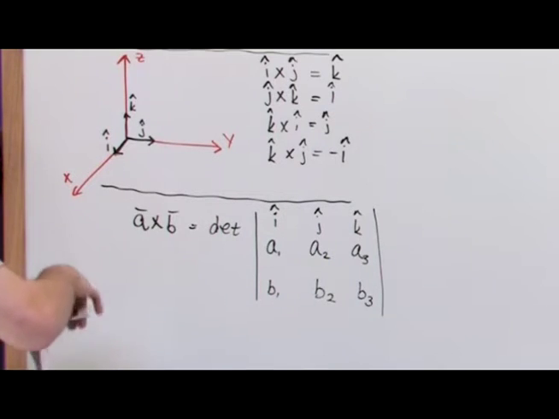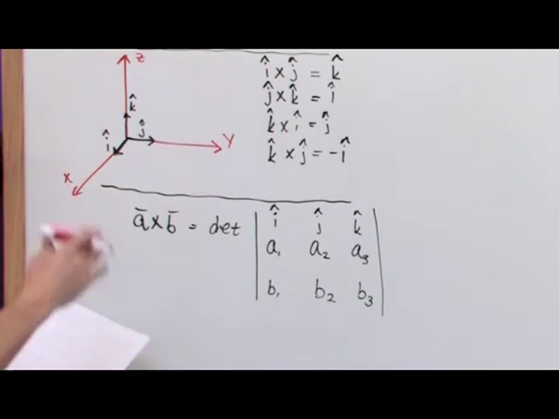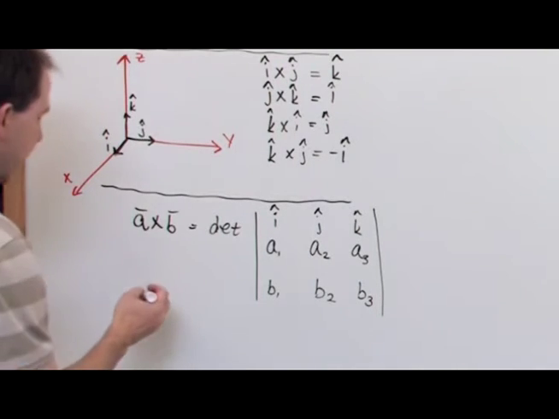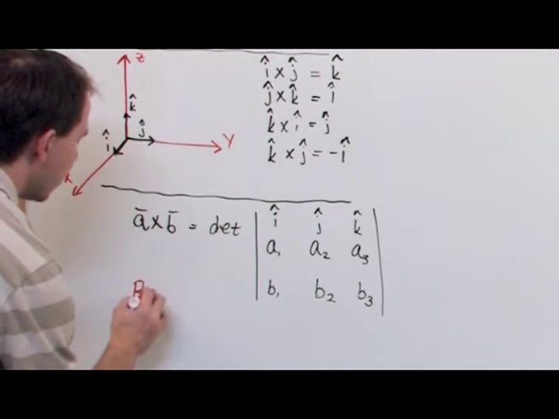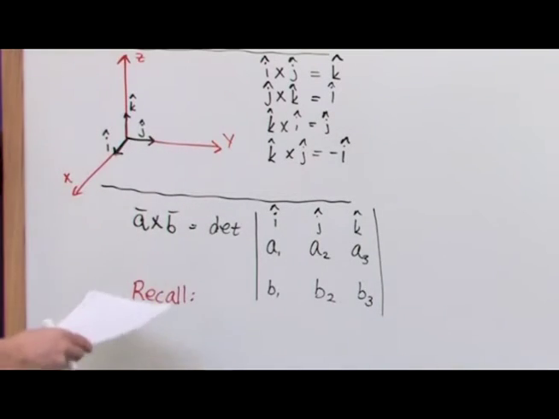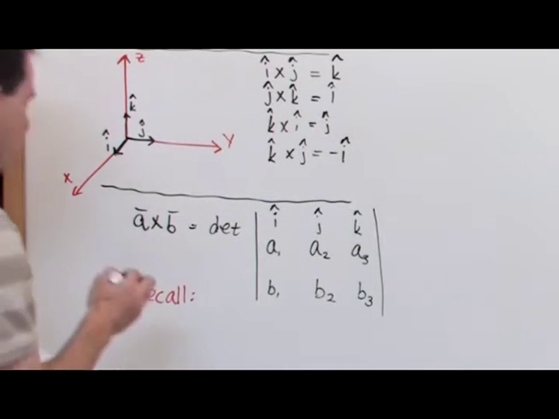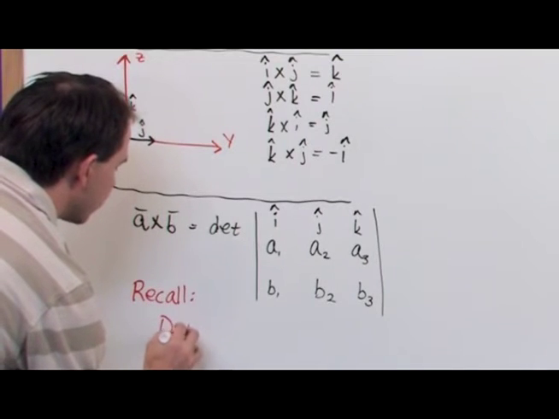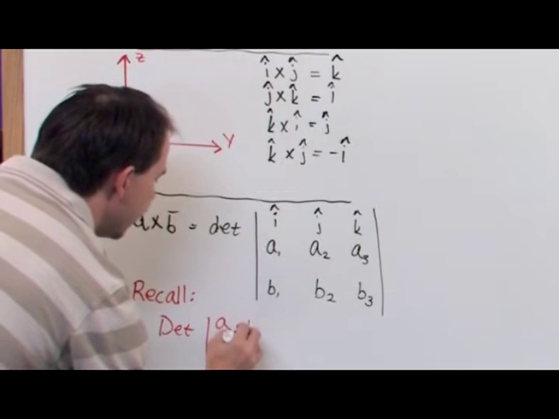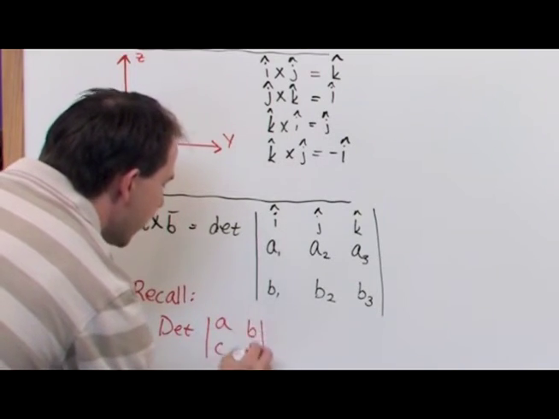Okay, now I'm going to give you one more tidbit of information before we actually solve a problem. This is the kind of thing you can talk about all day long and it doesn't really help. But I want you to recall something because we're going to use it a lot when we calculate the determinants of these matrices, okay? Recall that the determinant of a 2 by 2 matrix, A, B, C, D,